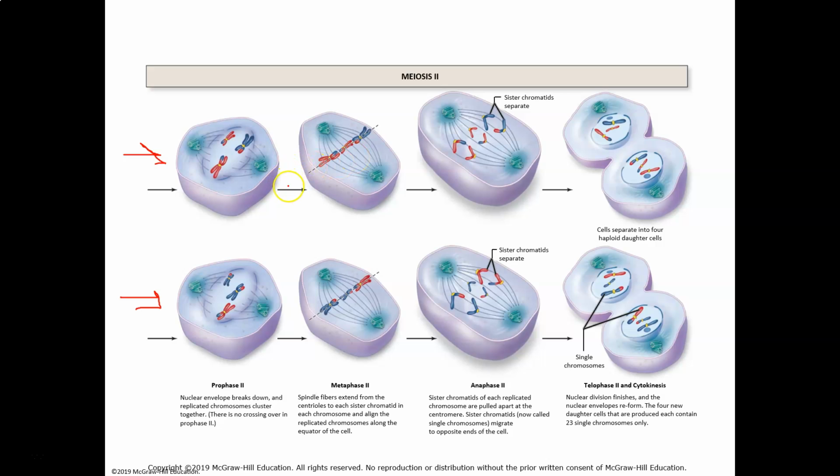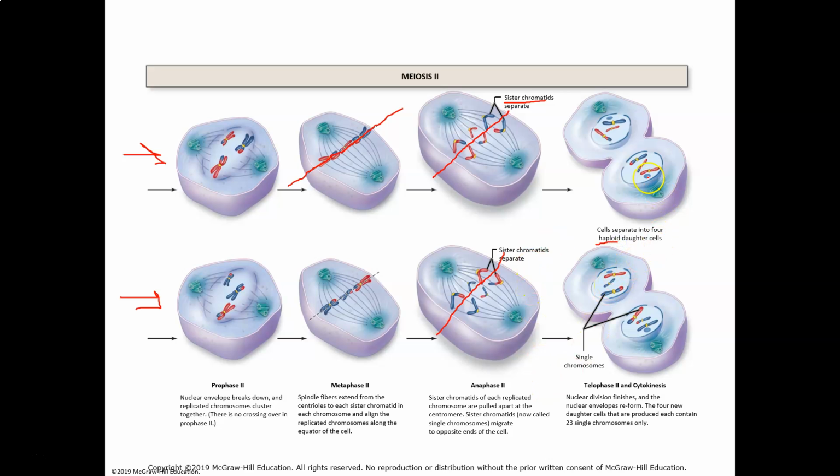See this equator line now, that line there. Now those centromeres are lined up right on the equator, just like they would be in mitosis. And each of these sister chromatids now separates and goes its separate way, right down that middle. This one too. So this is exactly the same, just like mitosis. What you end up with is daughter cells that are considered to be haploid daughter cells.